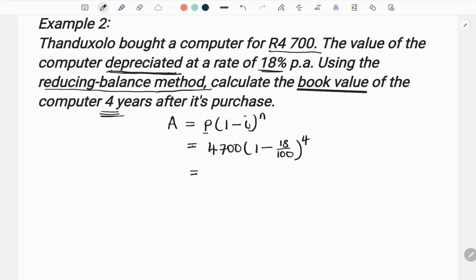That's it. Then you punch this in your calculator to get 2124.97. Can you see something? The computer was 4,700. But now look, after 4 years, the value depreciated. This laptop, because it recedes,